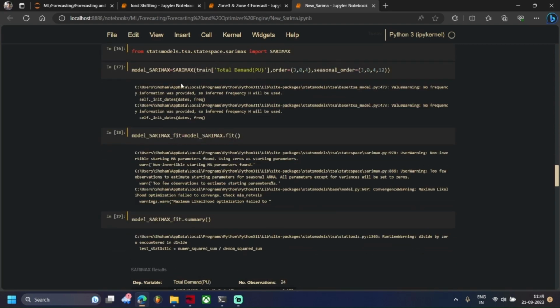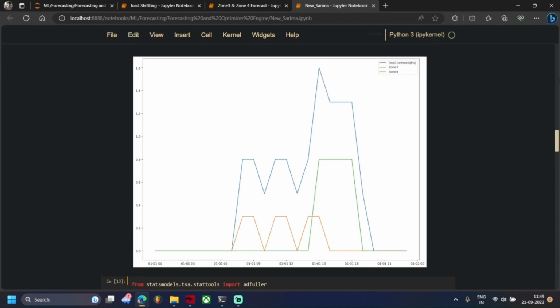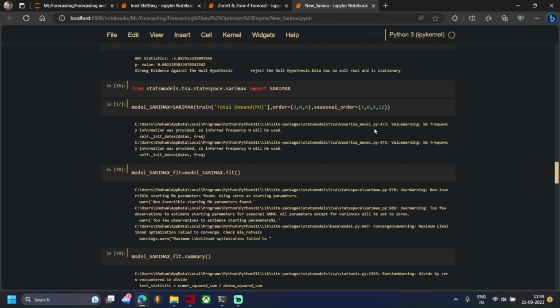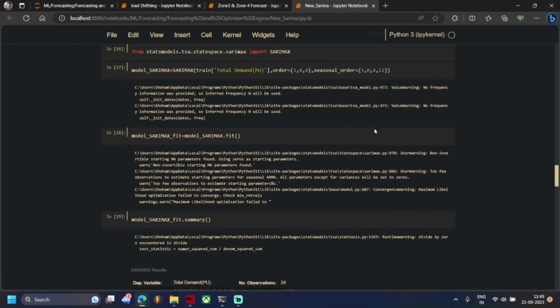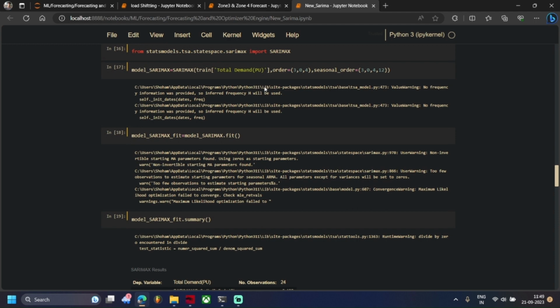SARIMAX is a statistical machine learning model and a library, we can say. We have used it to forecast, and SARIMAX is utilized because we have a seasonal trend. You can see this seasonal trend. It's going to repeat after a certain number of hours on the next day. We considered SARIMAX because other libraries are also present, but they are just rendering a constant forecast. So I think SARIMAX is optimal for this case, and we fit the total demand data with the